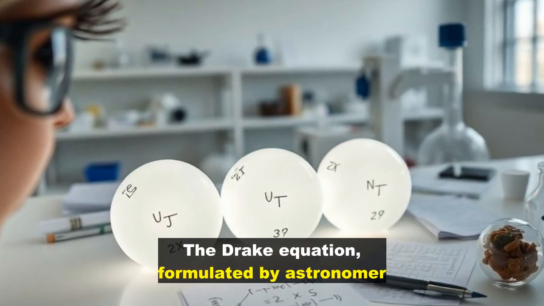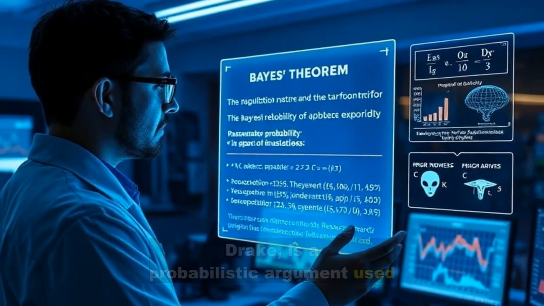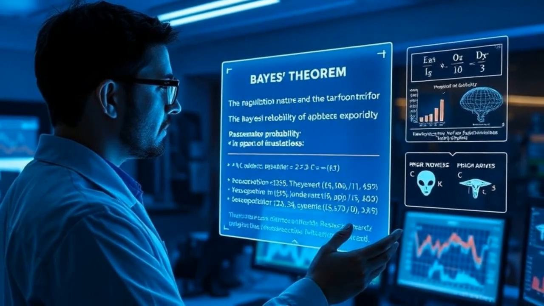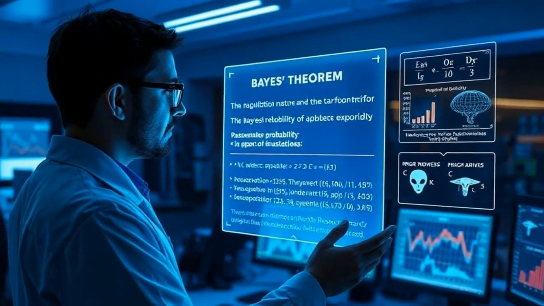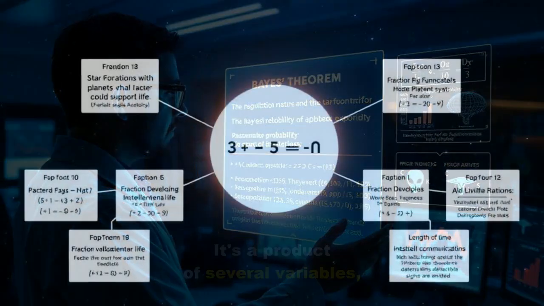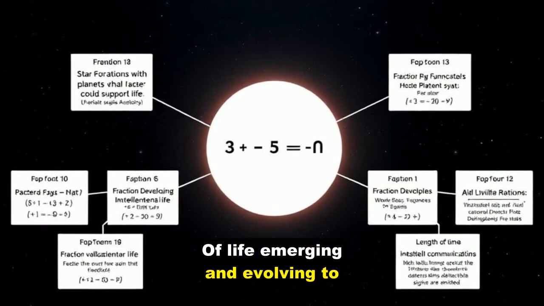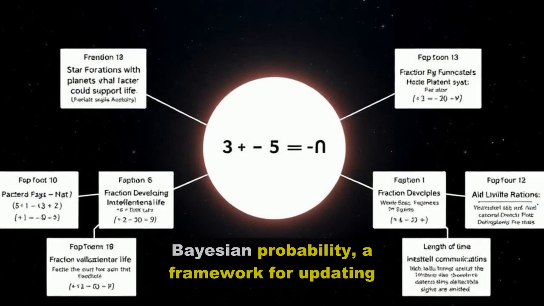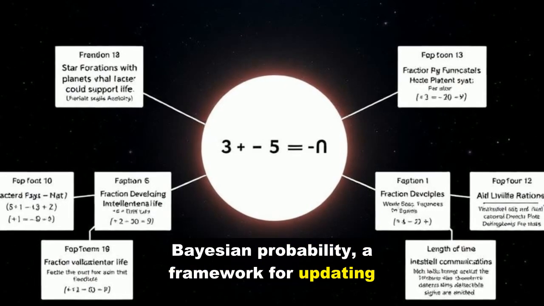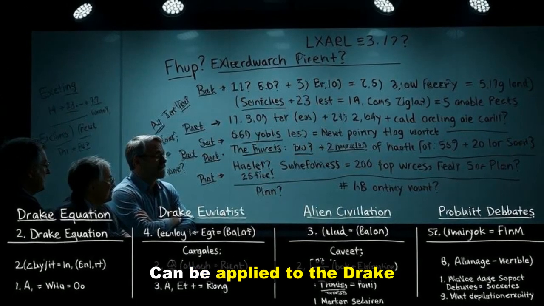The Drake equation, formulated by astronomer Frank Drake, is a probabilistic argument used to estimate the number of active, communicative extraterrestrial civilizations in the Milky Way galaxy. It's a product of several variables, each representing a different aspect of the likelihood of life emerging and evolving to the point of developing interstellar communication. Bayesian probability, a framework for updating beliefs in the light of new evidence, can be applied to the Drake equation